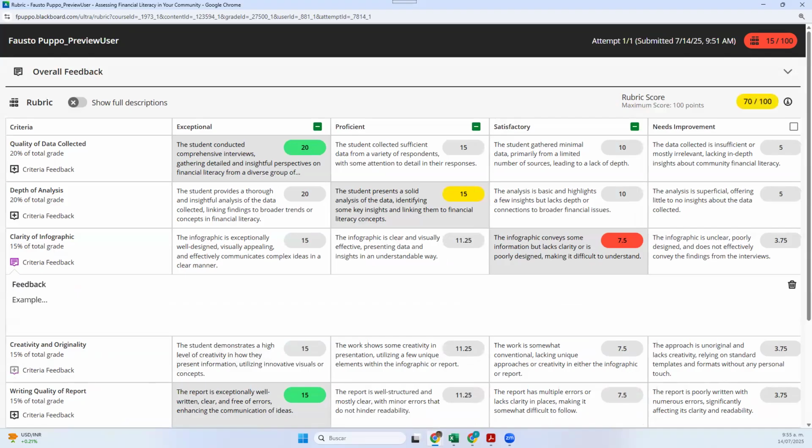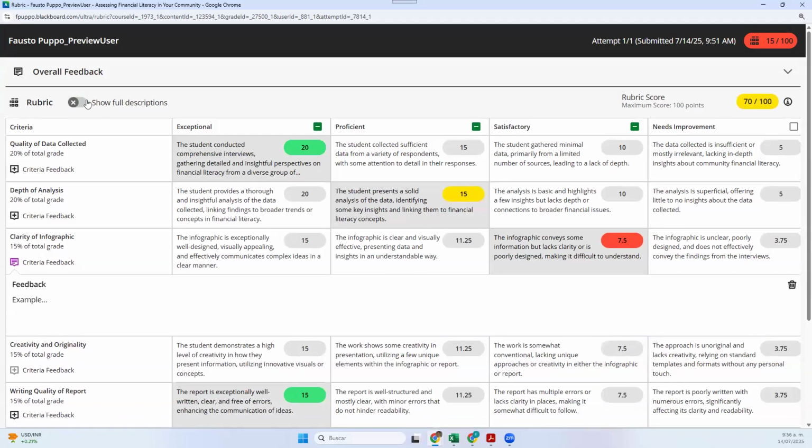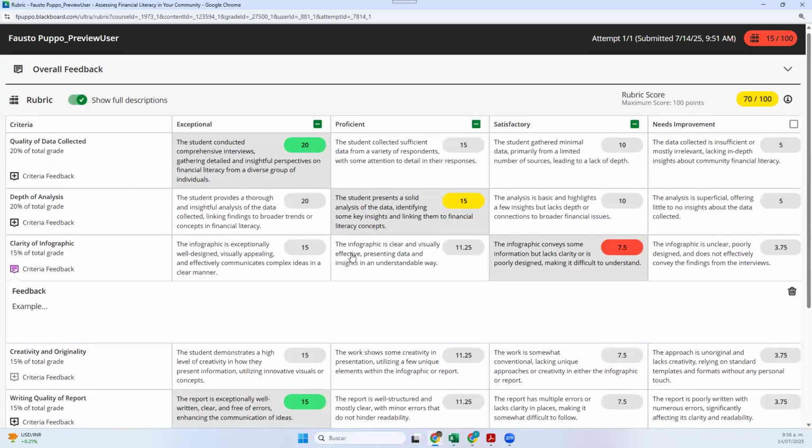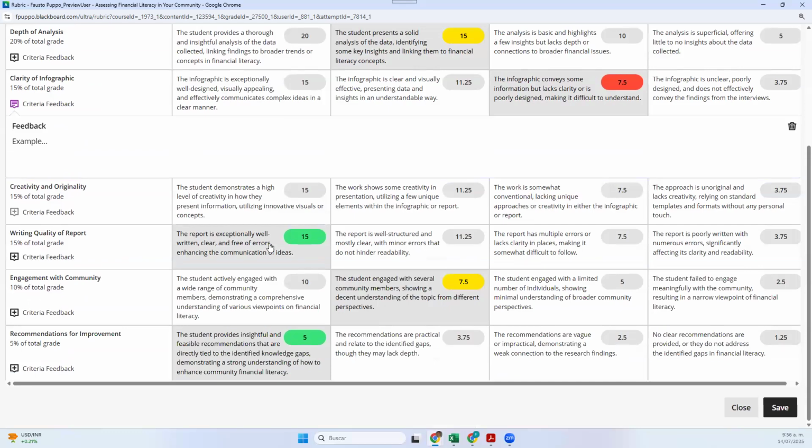So you have all feedback for students, and then you have criterion specific feedback for each criterion. Now we have the rubric. Here this is like a preview of the descriptions, or if you want to see the whole thing. So once you finish grading, don't forget to save,